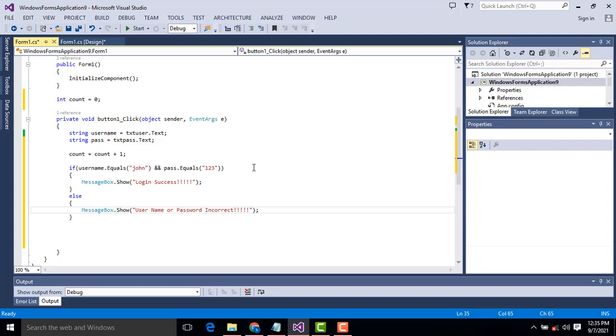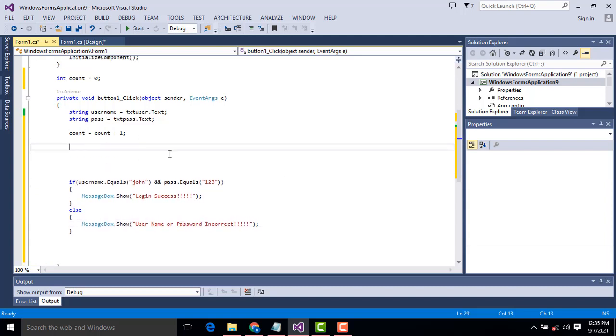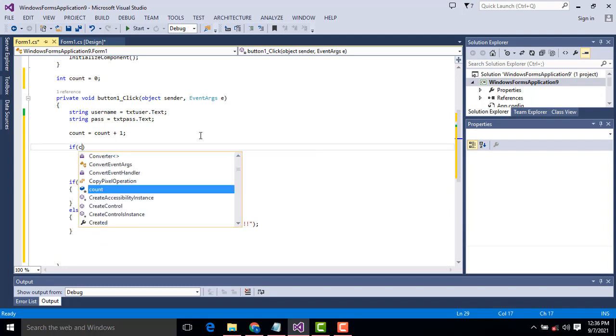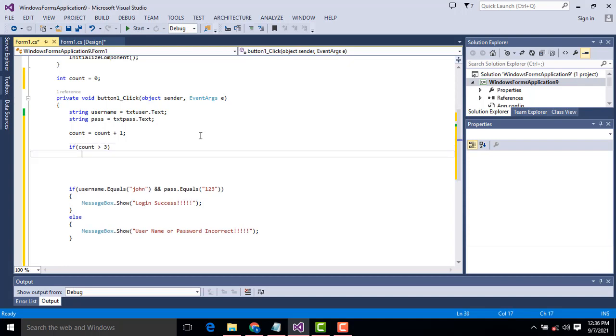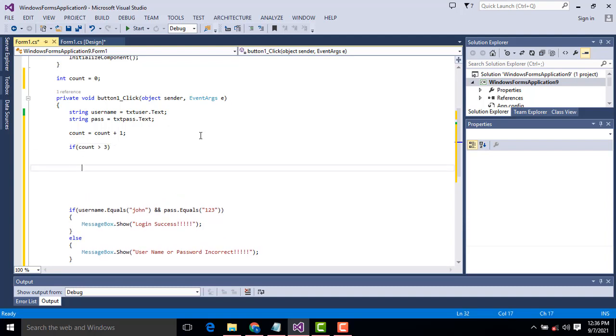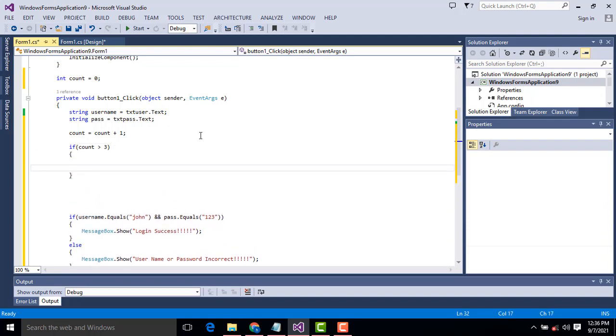Now we have to count. We have to calculate the count here. So you have to type if count greater than 3, we attempt greater than 3. Open a little bit, close a little bit over here.